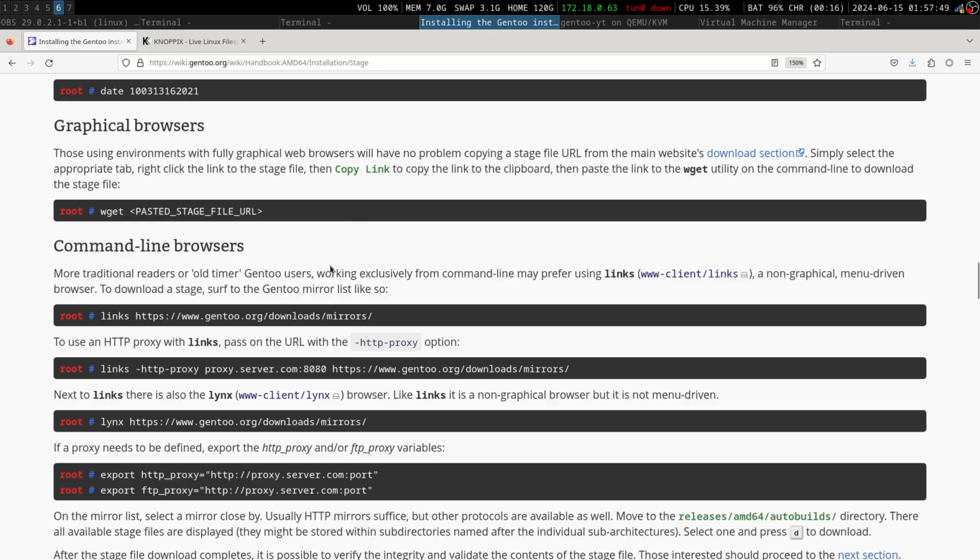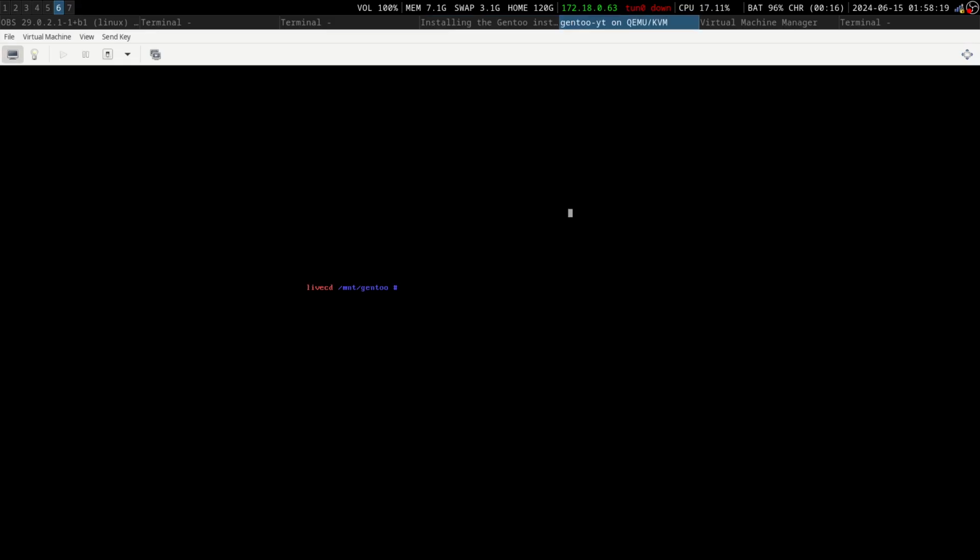So let's download it. gentoo.org downloads mirrors. I can't copy paste here because I use a VM. I can copy paste after I install the base and run SSH, and then I can SSH to it and copy paste stuff to that. Like another VM I had, I did it like this. So I go to links, gentoo.org, downloads, mirrors,